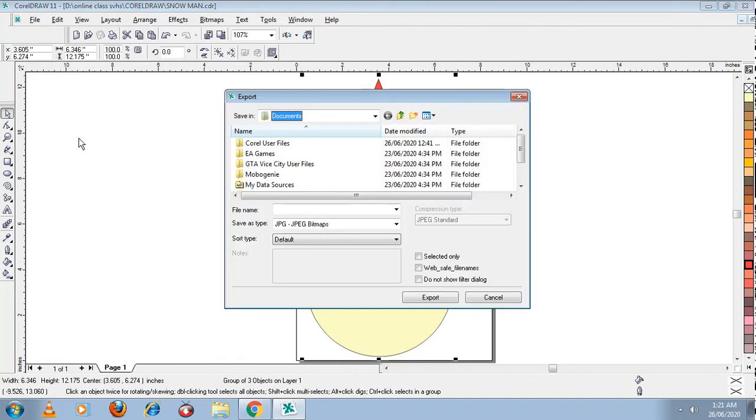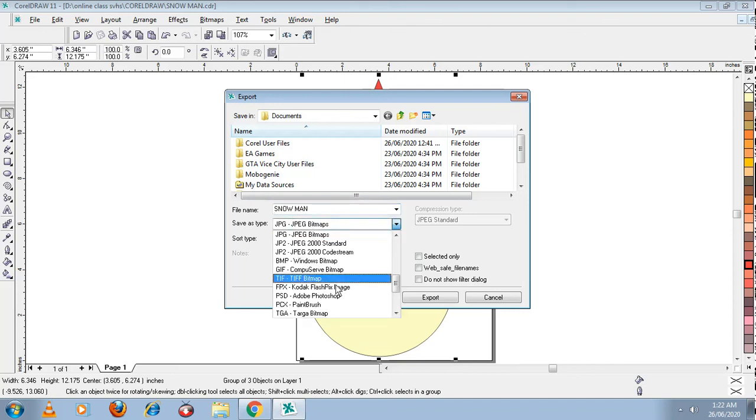When we go for it, you can type the file name here. I'm just giving the file name as snowman only, and here is the extension that has come. There are many more types of files you may change to. File formats are given. I am selecting JPG format, JPEG bitmaps.